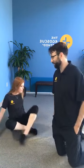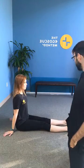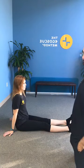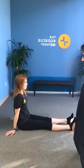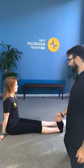Can we just real quick touch on why it's so important to keep those quads flexed and those feet pulled back towards you? So now if you get into it again, see your side view, Kirsten. So now if you try to totally relax your quads, let your feet go the other way, maybe you could see how her pelvis just dropped posterior. So now if you do that again, tighten your quads, pull your toes back,